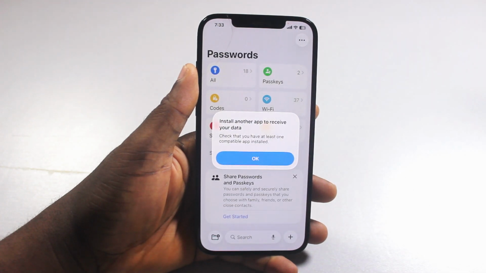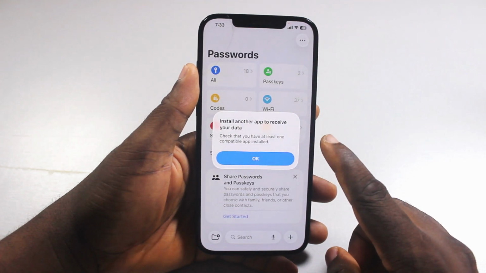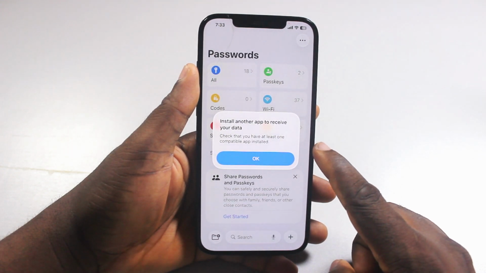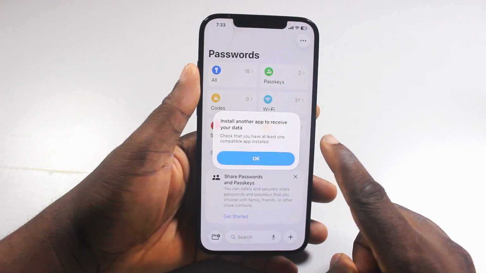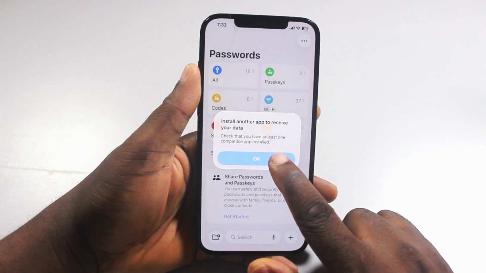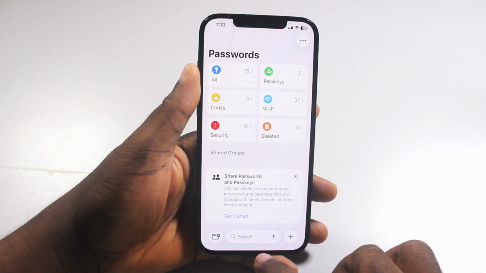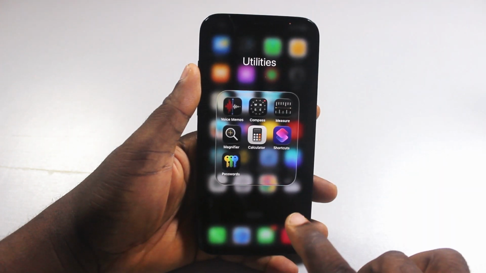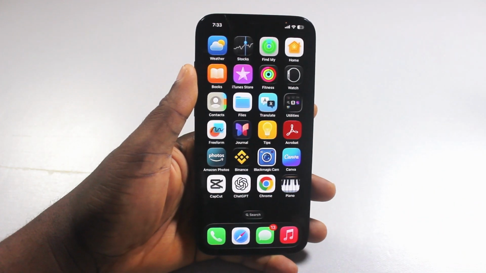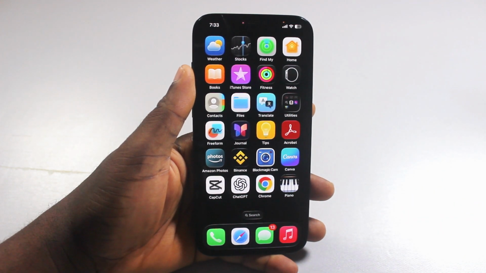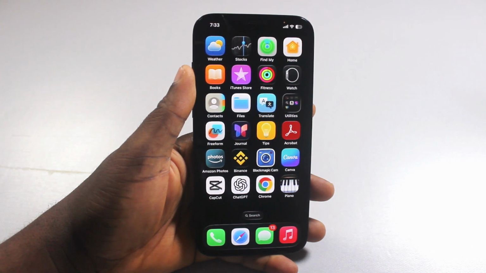Once you click on Continue, then you need to install another app that is ready to receive your exported passwords. Then once you have the application, select the application and your saved passwords on your iPhone will be moved or exported to the new app. So that is basically how to export saved passwords on